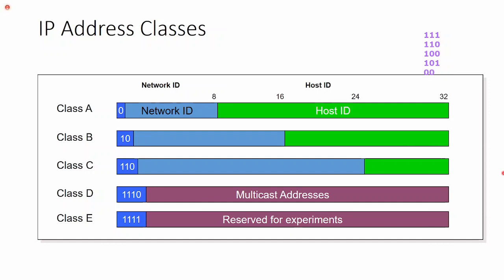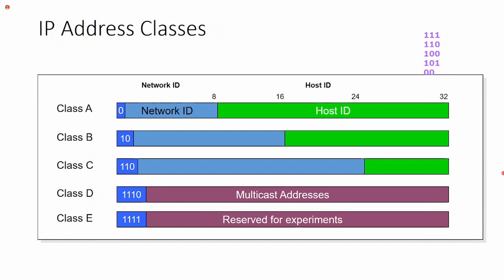For example, if you have a small network, will you need a class C address or a class B address? I'm asking B and C, okay? B for Ben, C for cat. If you have a small network